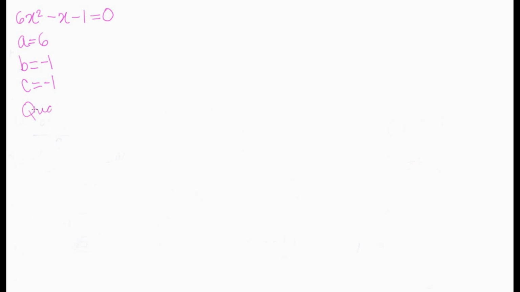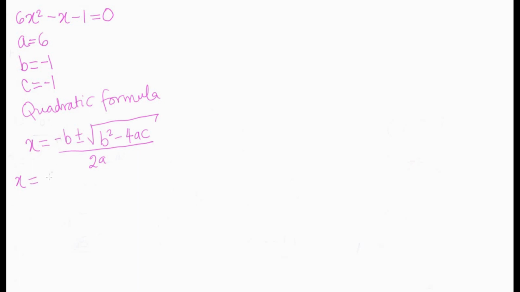So the quadratic formula is x equals -b plus or minus the square root of b squared minus 4ac, over 2a. So x equals -(-1) plus or minus, now we have the square root of -1 squared minus 4 times 6 times -1,